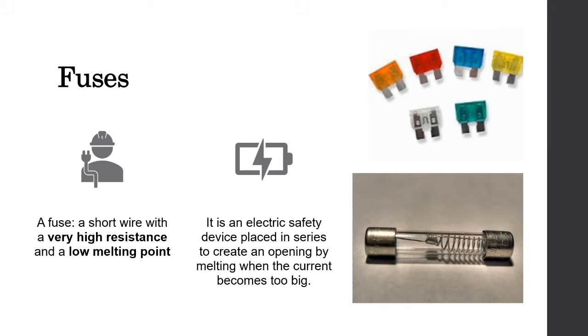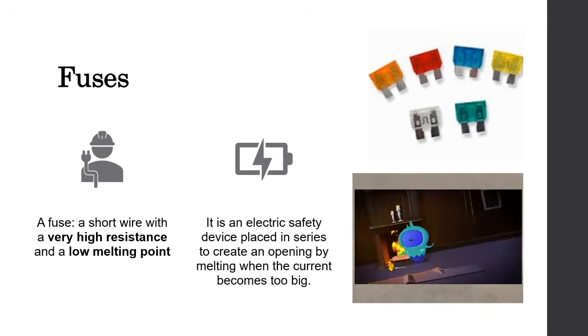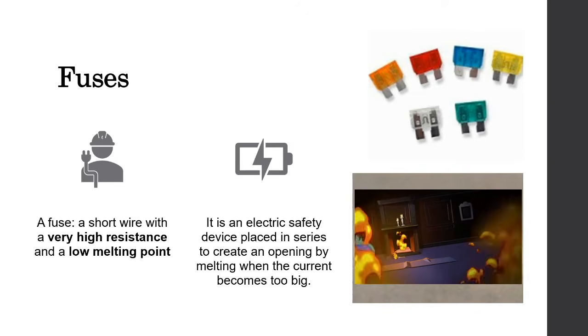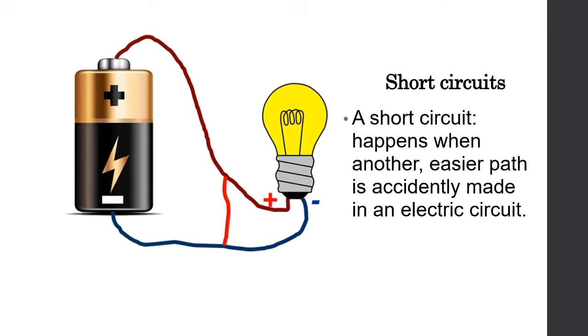A fuse can be classed as a device that is placed in series to create an opening by melting when a current becomes too big. If there is no fuse in place, it could create a short circuit. This will then increase the flow of a charge and could lead to an increase in temperature, which could lead to an electric fire. So what a short circuit is, it happens when another easier path is accidentally made in